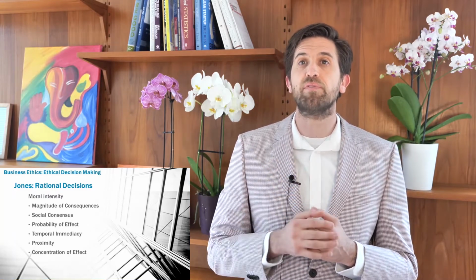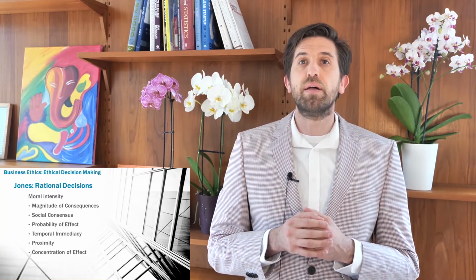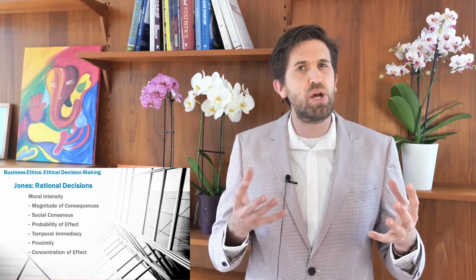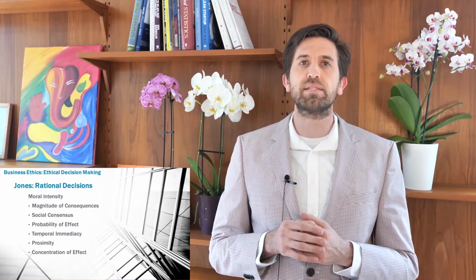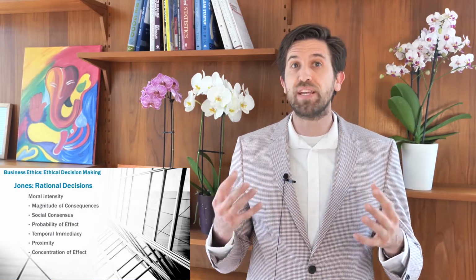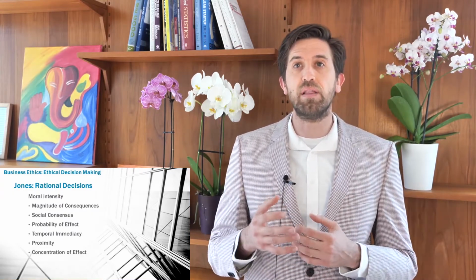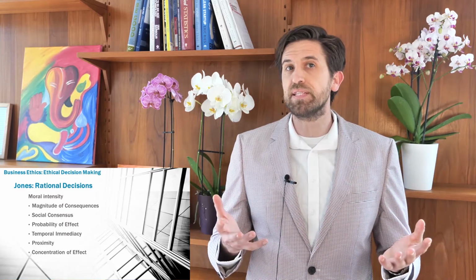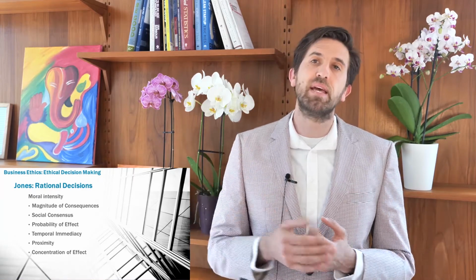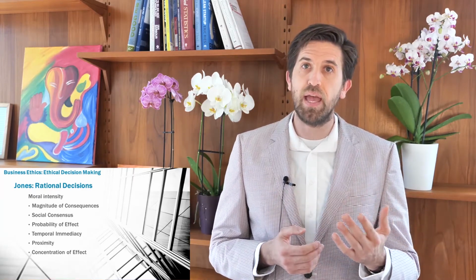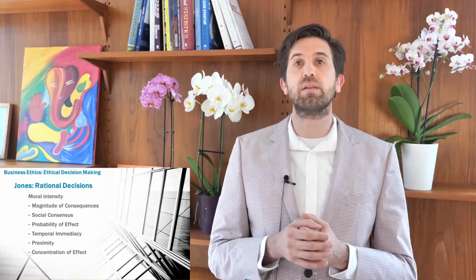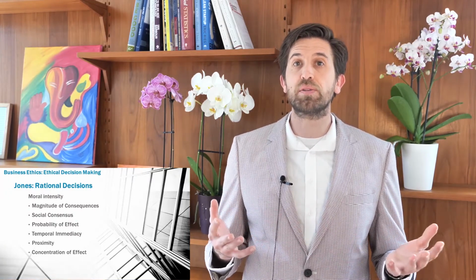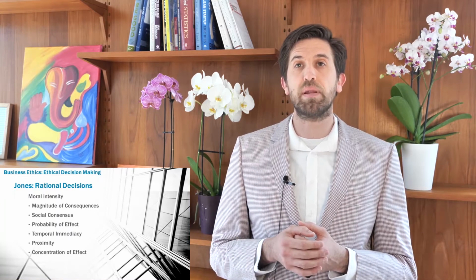Next, we have the proximity of the moral issue. The proximity of the moral issue is the feeling of social, cultural, psychological, or physical nearness that the moral agent has for victims or beneficiary of the evil or the good act in question. For example, laying off employees at the home plant in person has greater physical and psychological moral proximity than simply signing an order to lay off employees in a remote plant.